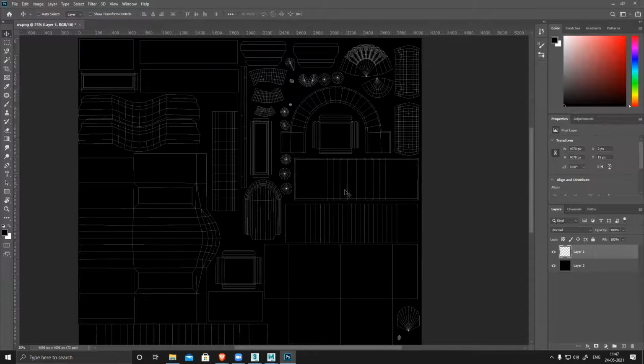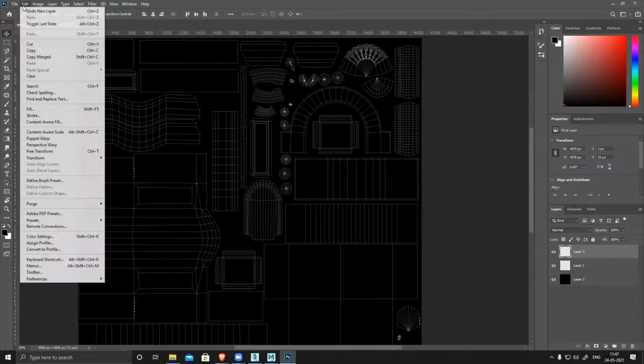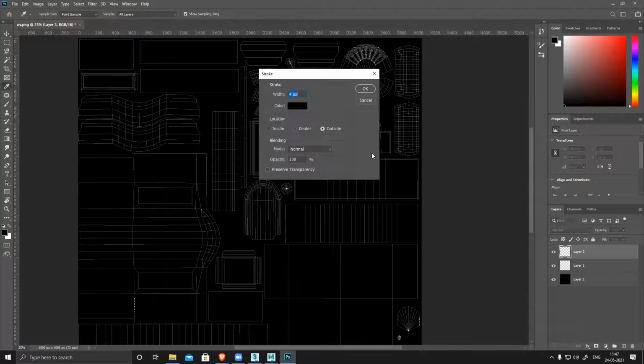Now I want to check if there is any overlapping in the UV or not. So I'll just Control-click on this. It will select all the UVs. Create a new layer, or maybe I can use the same layer.